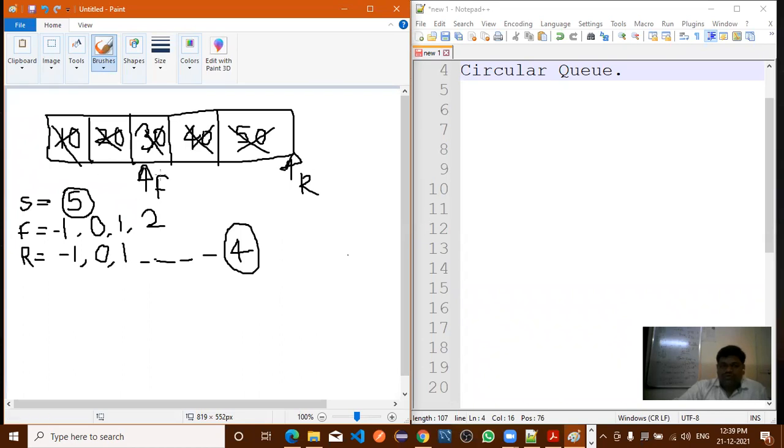Now, whose value gets changed after deletion of all these 3 elements, or whose value will increment? F or R? F. Right?